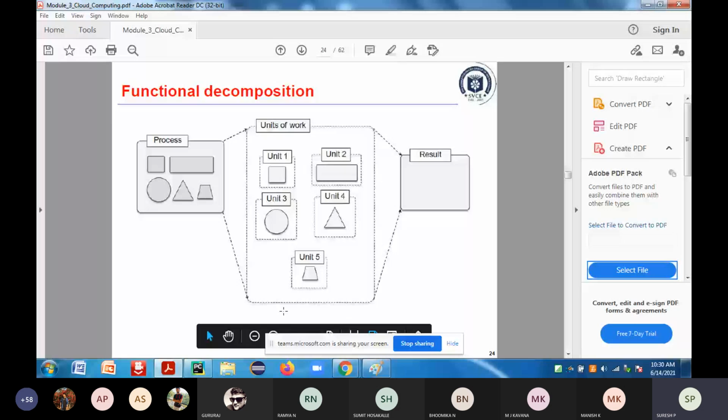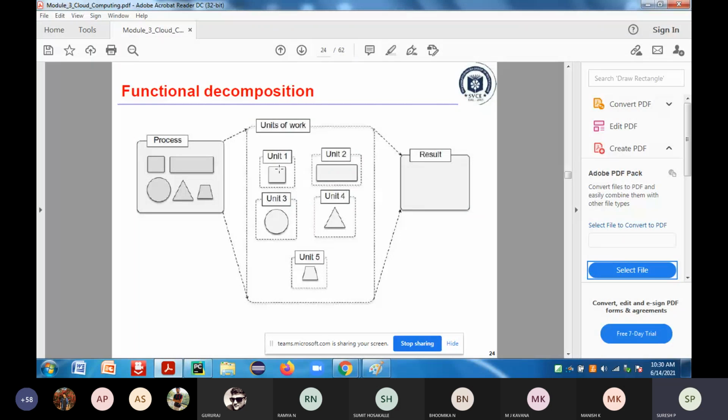Now here, if we take the data set, can we partition the data set? It does not involve the partition of the data set, since the data set is totally different for different units. So we don't have to partition the data set as in your domain decomposition.